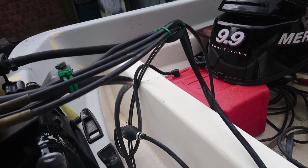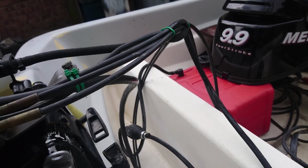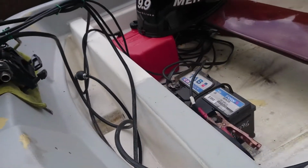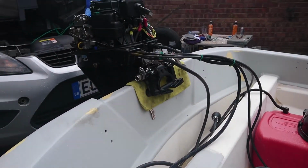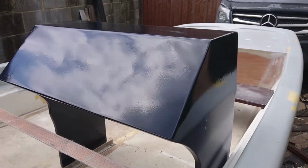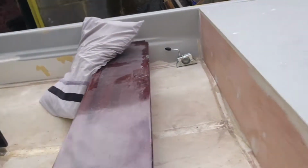So I'll have to see if I can come up with a better routing solution, or twist the box to try and angle it a different way. It's a shame my wiring makes it so untidy, but not a lot I can do about it. But yeah, so we've got a running engine, and as I said, the steering box there didn't come out the way I wanted it to, steering console. But